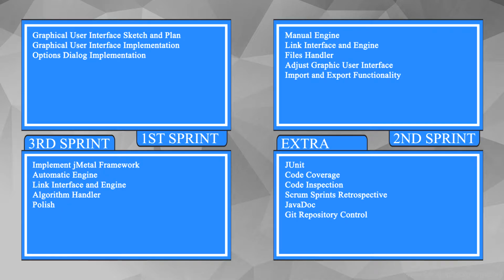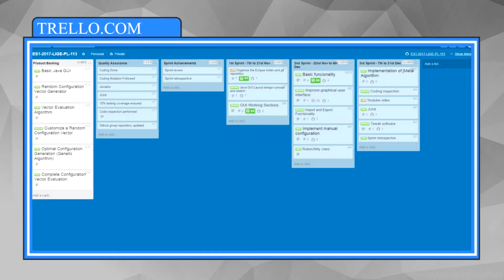A lot of other things had to be taken care of, such as code coverage, JUnit testing, Javadoc, and a lot of other code-related issues. All the sprints were recorded on the Trello website, and with the help of the board and the Scrum Assistant for Trello, I managed to organize the project and break it down into tasks, making it a lot easier to plan ahead and see the project as a lot of small parts that come together to create